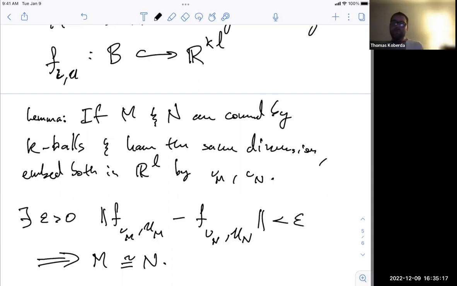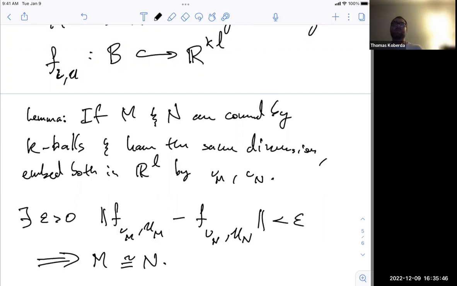And by ball, I really do mean an embedded copy of a metric ball in some Euclidean space. And then how do you talk about continuous functions? So how do you find all these things? Well, it turns out that it is all possible. And once you interpret all these things in a way that's uniform in M, then you're basically done by this lemma.